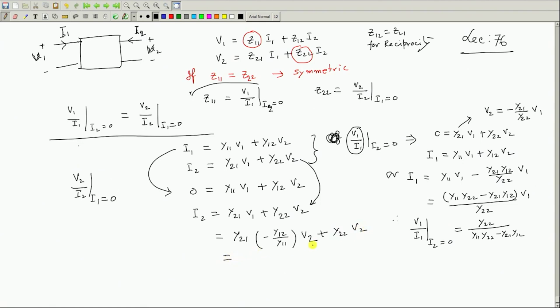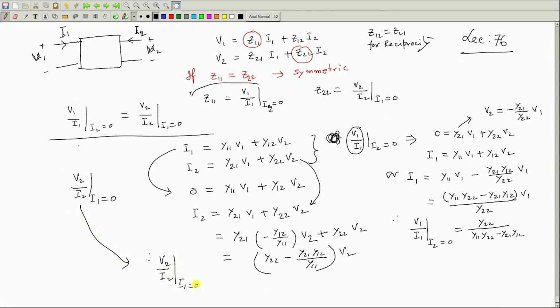So, this will be then once again Y22 minus Y21 Y12 by Y11 into V2. So, V2 by I2, this is what I have to find out with I1